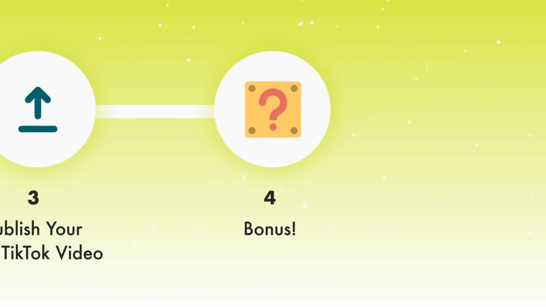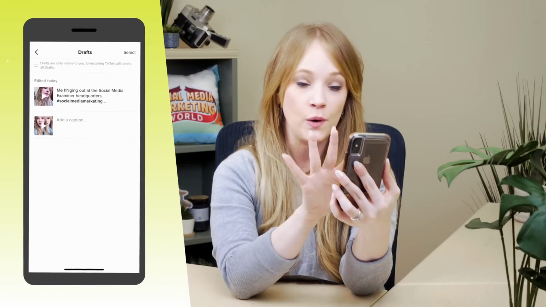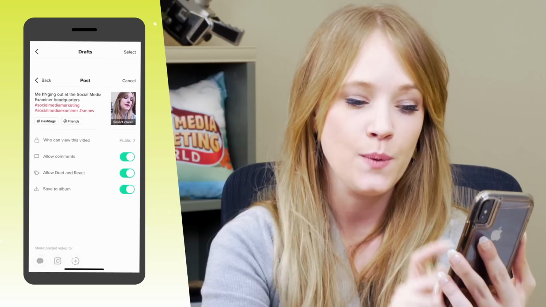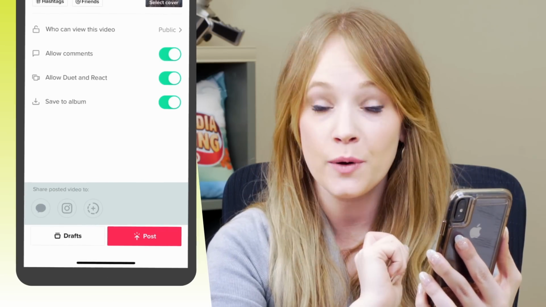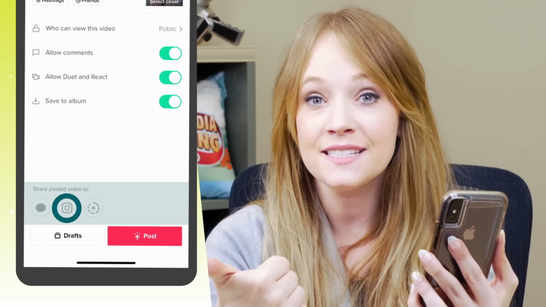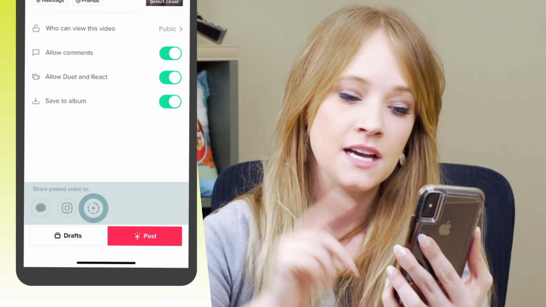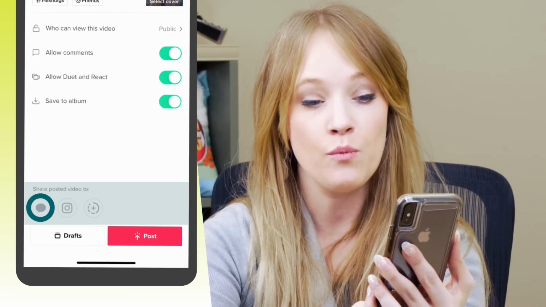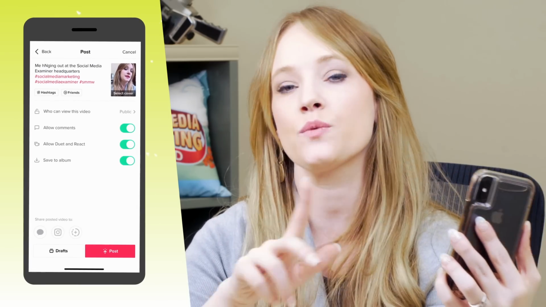But I promised you that I would show you how to easily cross-post all of your TikTok stories to your other social media platforms for an instant organic boost and cross-pollination between platforms. So as you go to post a video on your TikTok, you have the ability down here right above the drafts button to share your posted video to your Instagram. You can redirect to Instagram to post this video. You can also share it via text message. And once you post the video, you have the ability to share it on even more platforms with a direct link.